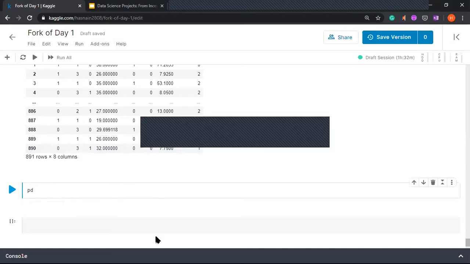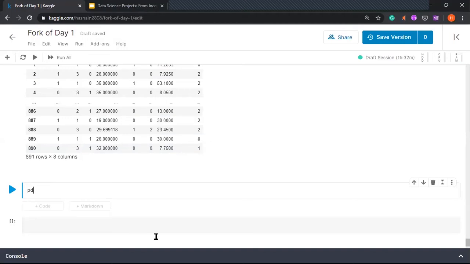Yeah, we had imported pandas as pd, so we'll use a pandas function, which is basically pandas.cut, and we'll pass in our age. So we are saying that we want to work on the age column, and then we are passing it the cuts, the bins basically. So we pass it 0, 20, 60, 80.